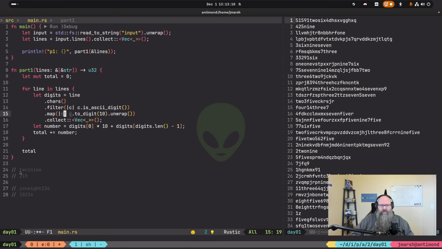The issue you run into is that when you're searching backwards, you're actually going to find 8 right here. Let's imagine that these aren't here. We want the answer to be 18, right? So you actually want this to produce a 1 going forward and an 8 going backwards.